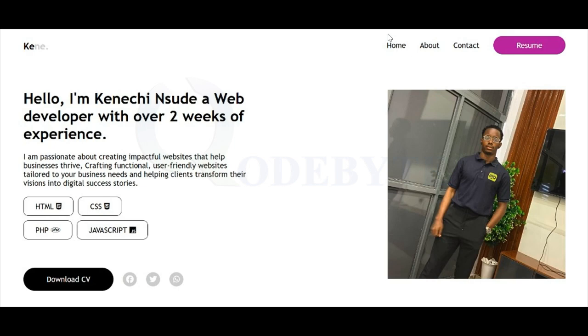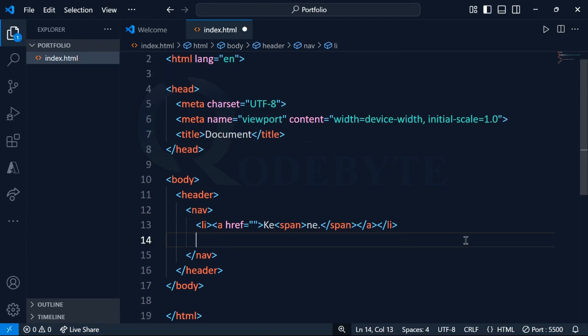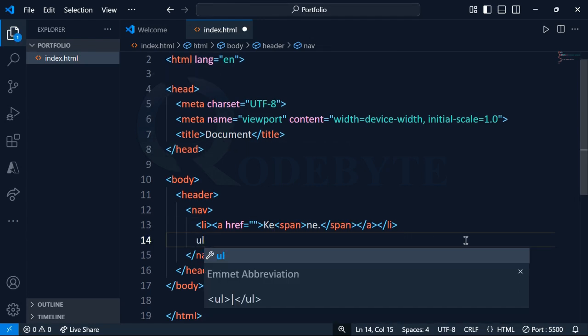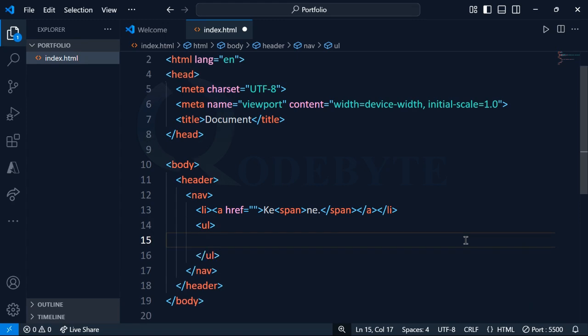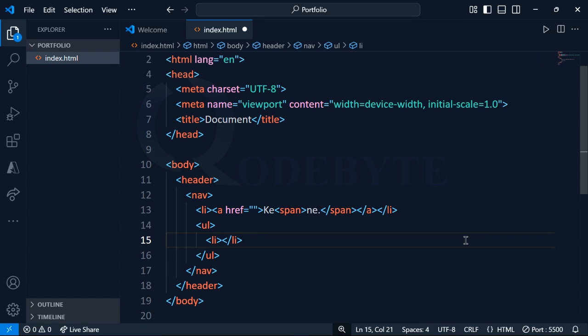Okay, so for the home, the about, and then the contact and resume. So after our li, I'm going to hit enter and then create a ul, like so. Now this ul would have an li and an anchor tag that should be home. Then after this too, what we want to do is we'll have to repeat